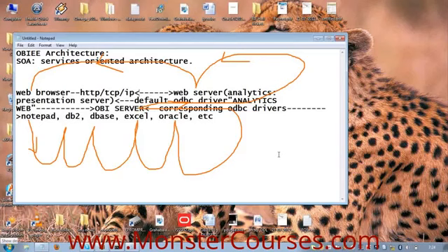Then from the web server to the BI server we will use the default ODBC driver. So we have the default from the presentation server to the Oracle Business Intelligence server, and from there, based on whatever database we connect to, if it is Notepad or Excel or Oracle, we will use the corresponding ODBC driver.